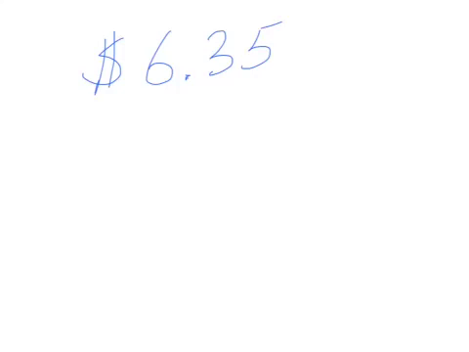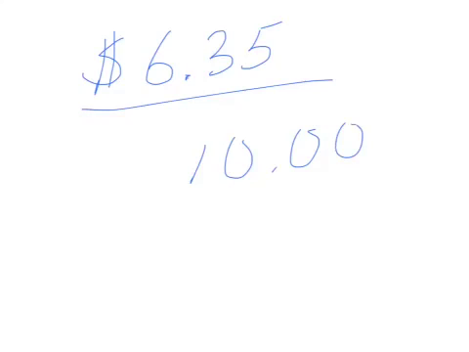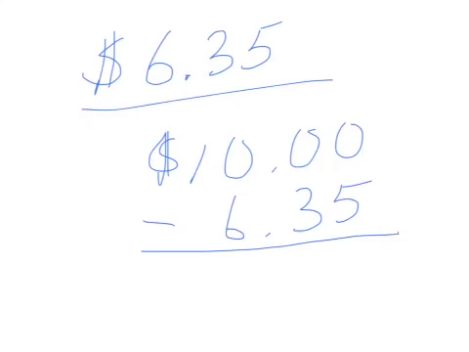So one way that we can do this, we have our $6.35 up here. One way that we can do this is take $10 and subtract $6.35 from that. And if we do that, we have to do a bunch of regrouping, and this is where it gets a little tricky, but follow along with me here. So we can't subtract from this 0, we can't subtract from that 0, we can't subtract from this 0, so we have to come all over here to our 10,